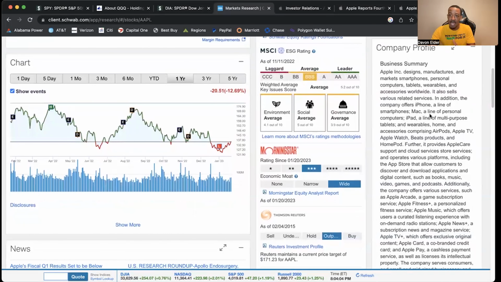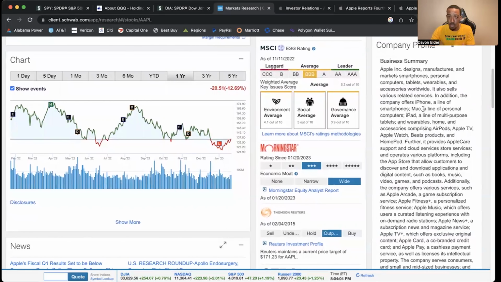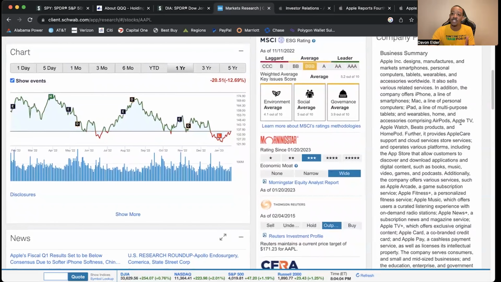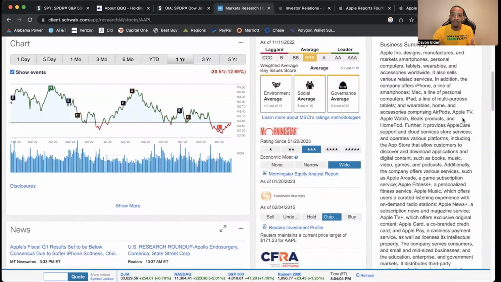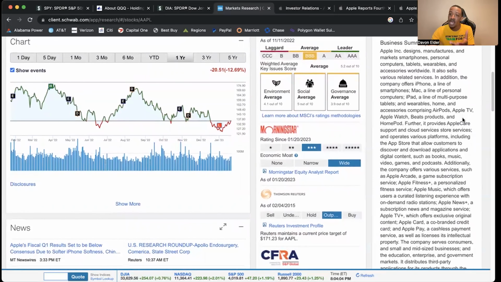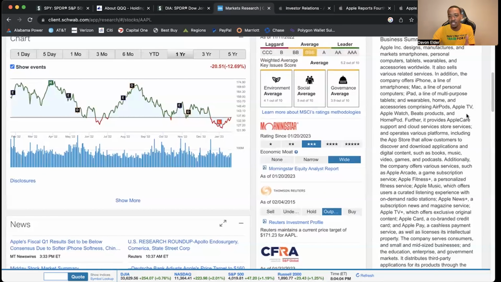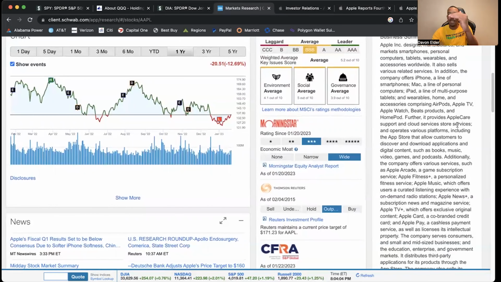So Apple designs, manufactures, and markets smartphones, personal computers, tablets, wearables, and accessories worldwide. It also sells various related services. In addition, the company offers iPhone, a line of smartphones, Mac, a line of personal computers, iPad, a line of multi-purpose tablets, and wearables, home and accessories comprising AirPods, Apple TV, Apple Watch, Beats products, and HomePod. And we can go down